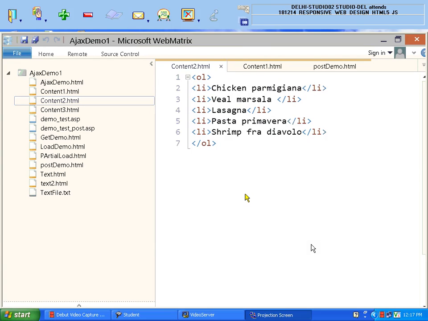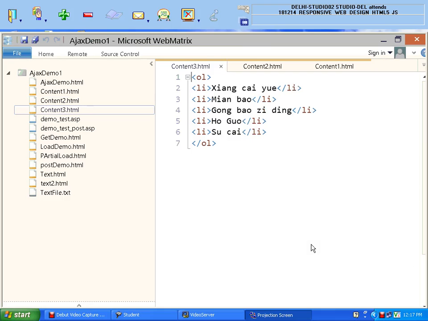Italian restaurants: if I visit any Italian restaurant, all these are the names of the recipes which I can find there. Another file I have is for Chinese food. Whenever you visit any Chinese restaurant, you can find these foods. What I want to do is make one web page